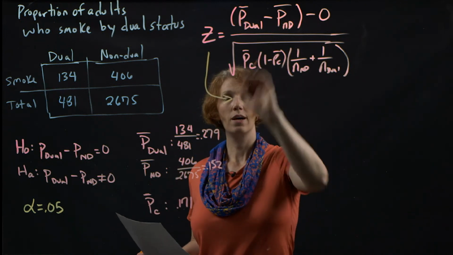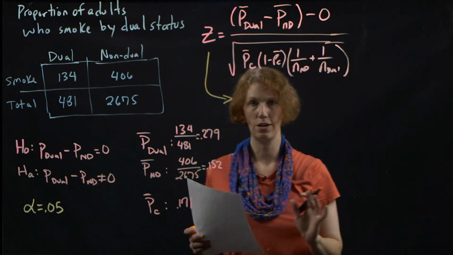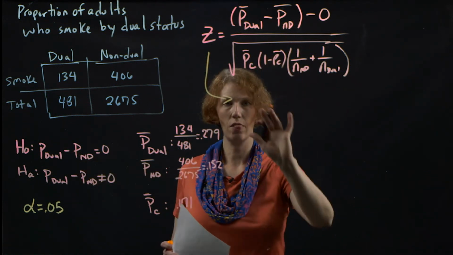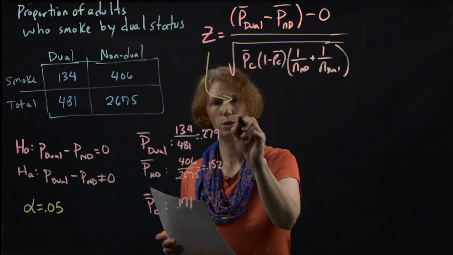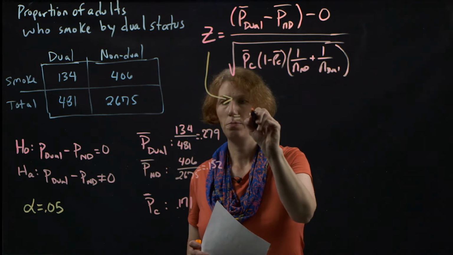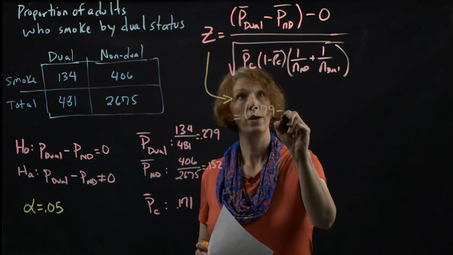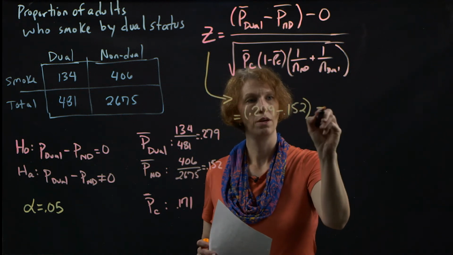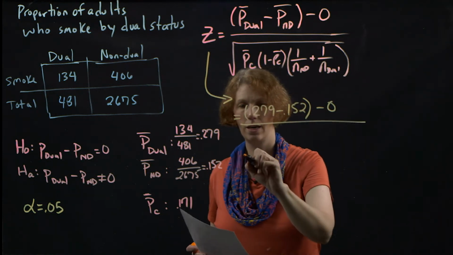So we've ordered the hypothesis as the proportion of dual minus the proportion of non-dual. We want to maintain that ordering as we go through the test statistic calculation. So let's substitute in our information. We start with 0.279 minus 0.152 minus 0 divided by